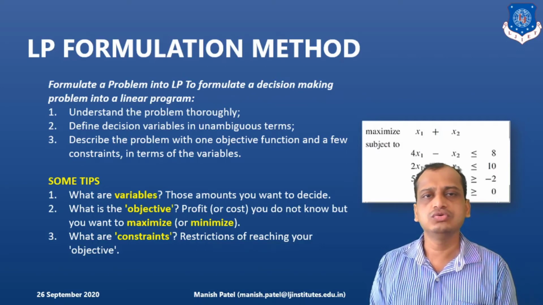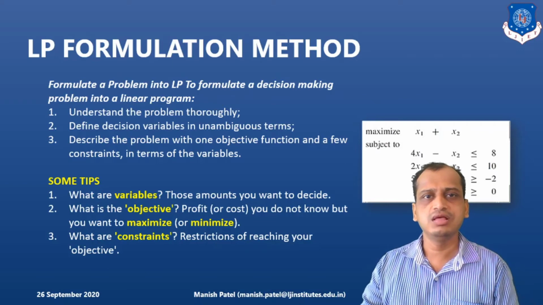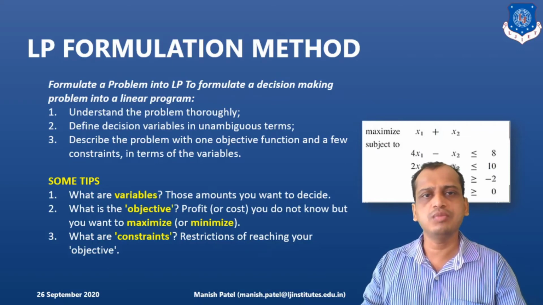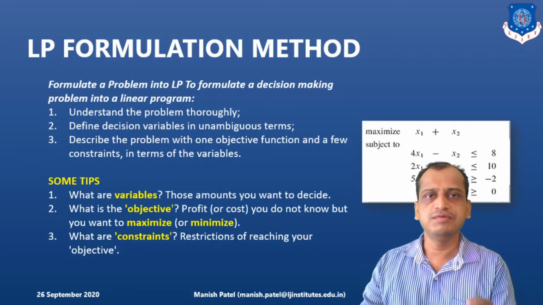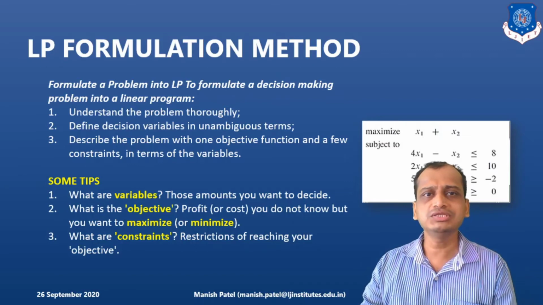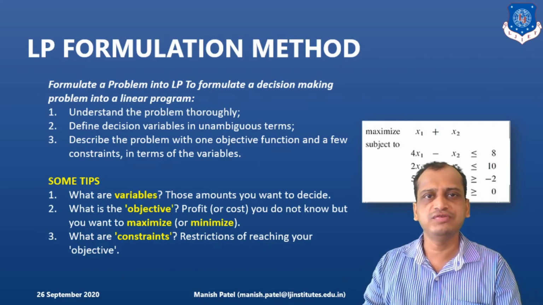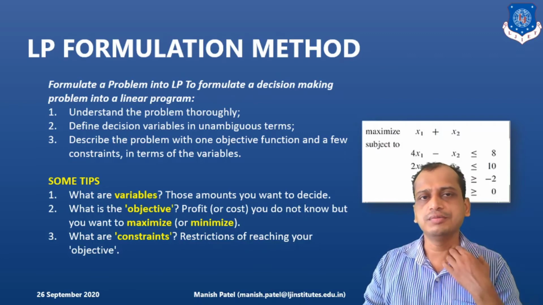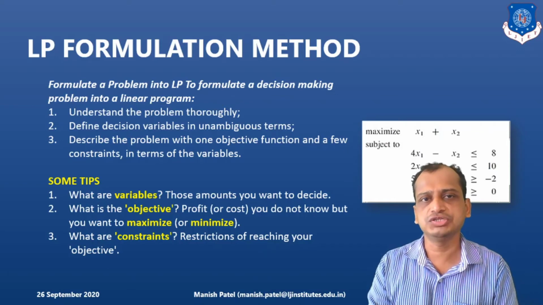Then we will also look into the constraints as well. Let's say, for example, a company is manufacturing chairs and tables. The company cannot go up to infinite profit, based on the constraints, the limitations of labor hours, manpower, and the availability of raw materials. Based on those limitations and constraints, the company will go with the objective function of maximizing the profit. So those are the constraints, variables, and objective function. The company will go with this formulation of the linear program.